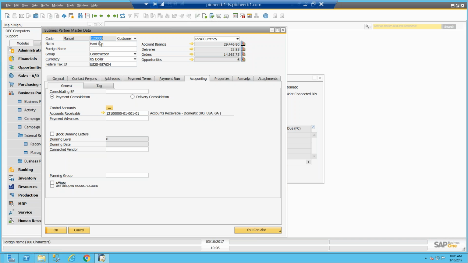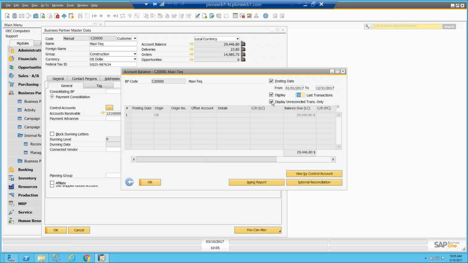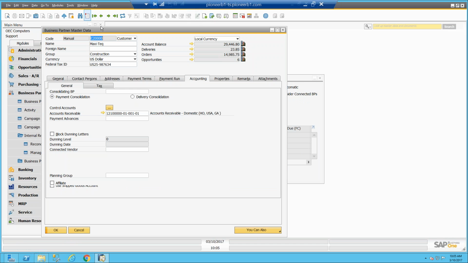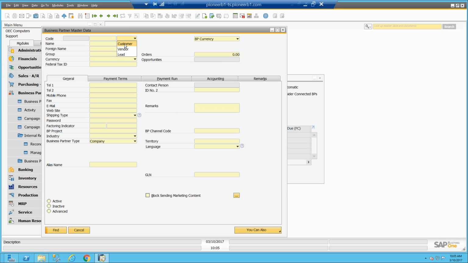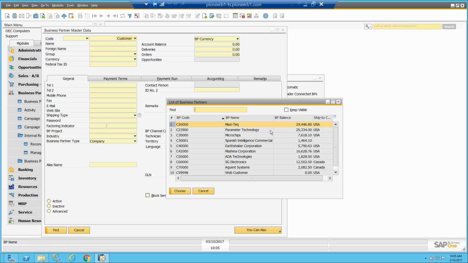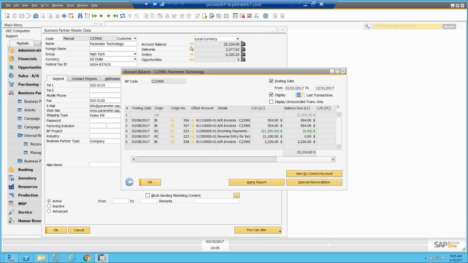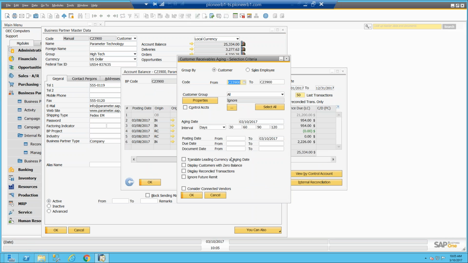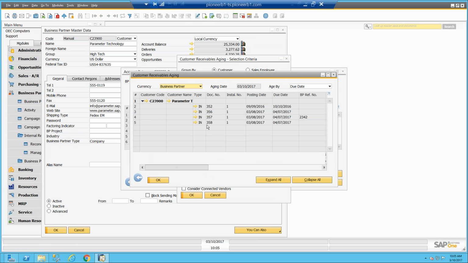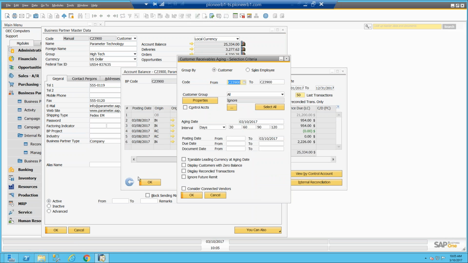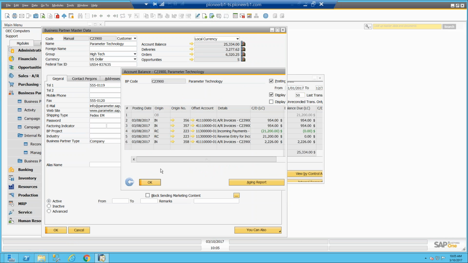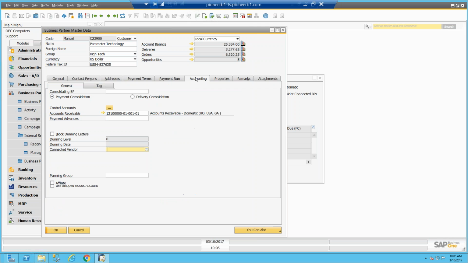So under the business partner master data of the customer, under accounting, for example, this customer, if we look at their aging right now, there is no aging. So let me choose another customer. I'm gonna go to search, look for a customer with a balance. This one, if I go to their aging, we will see that this customer has 4 open invoices. The additional functionality of the connected vendors allows you to get the aging report with the open transactions of the